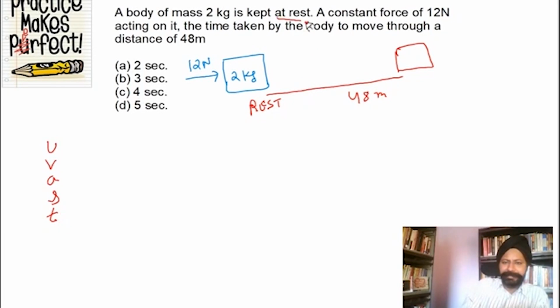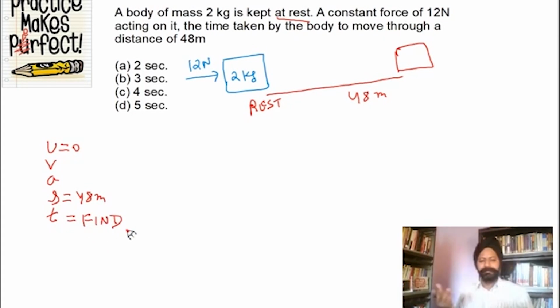Body is at rest initially, so initially this is 0, u is 0, I know that. Then I also know that the body has moved 48 meters, so s मिल गया। ये भी लिखो क्या पता करना है, because then we know which equation to use, so find t. Now we are stuck, unless you know 3 variables here you cannot proceed, okay? Every equation uses 4 variables, 3 पता होंगे तभी हम 4th पता करेंगे, तो we are stuck, we cannot move now।